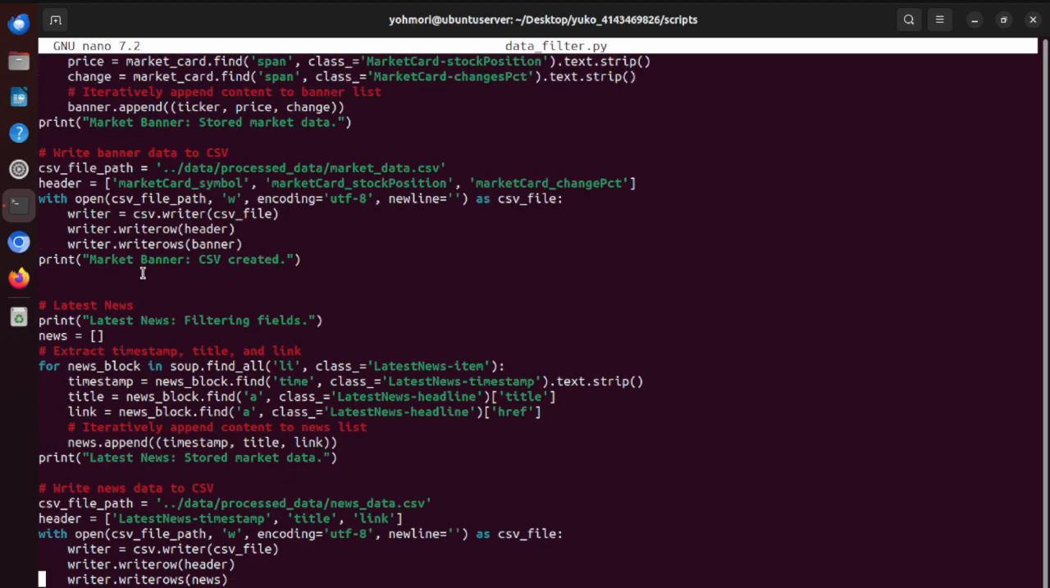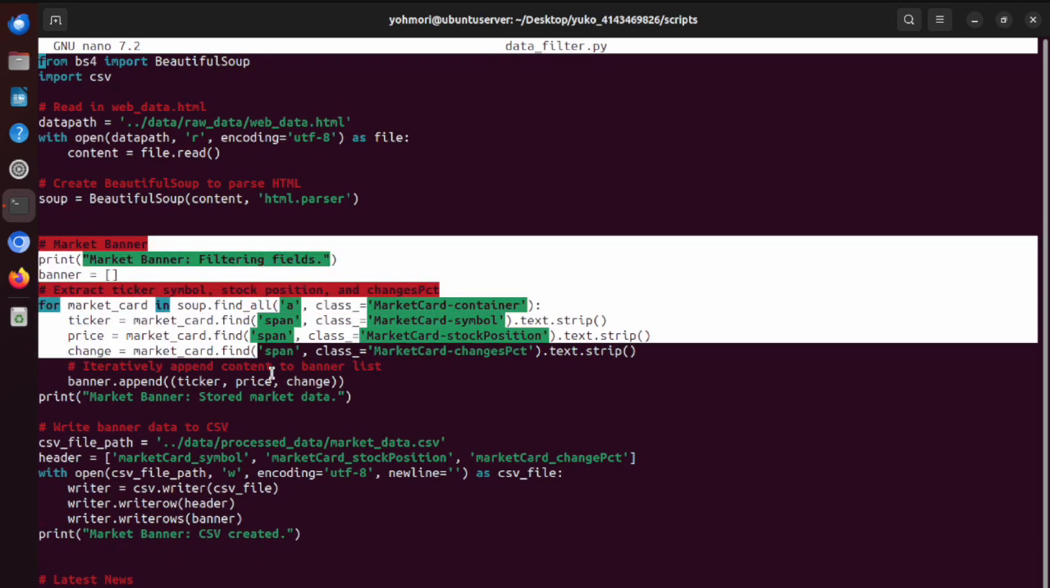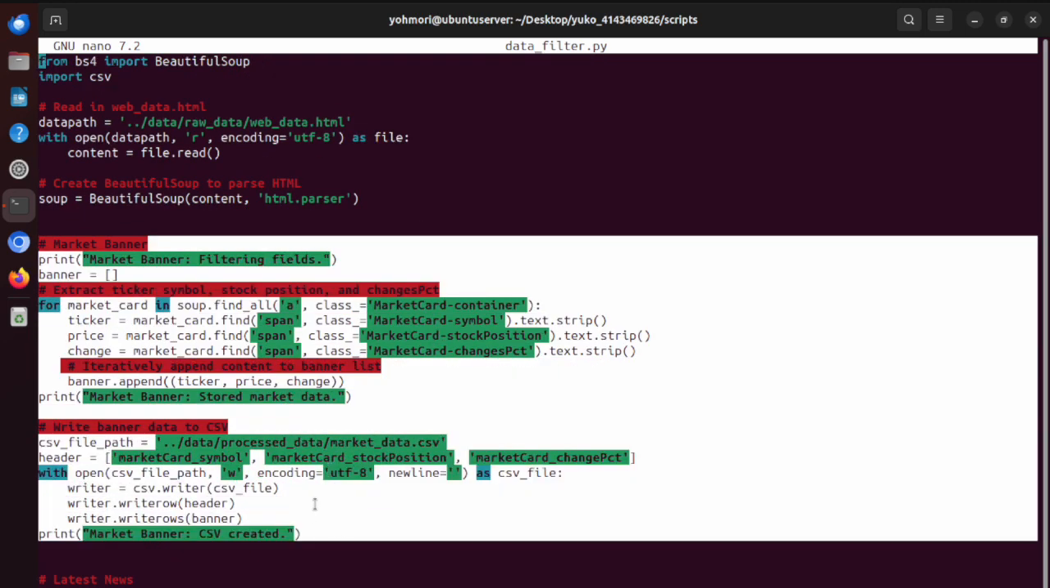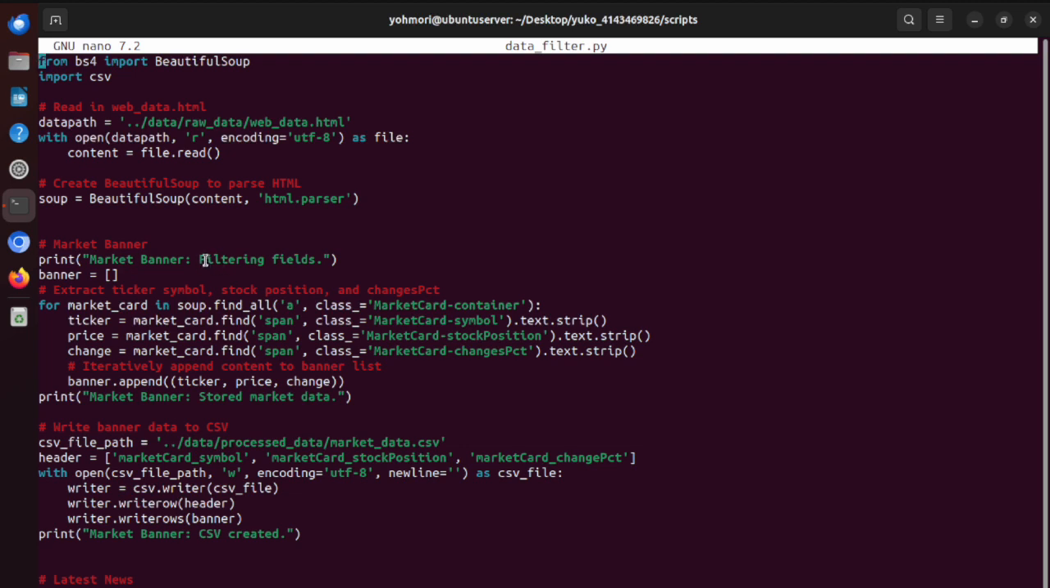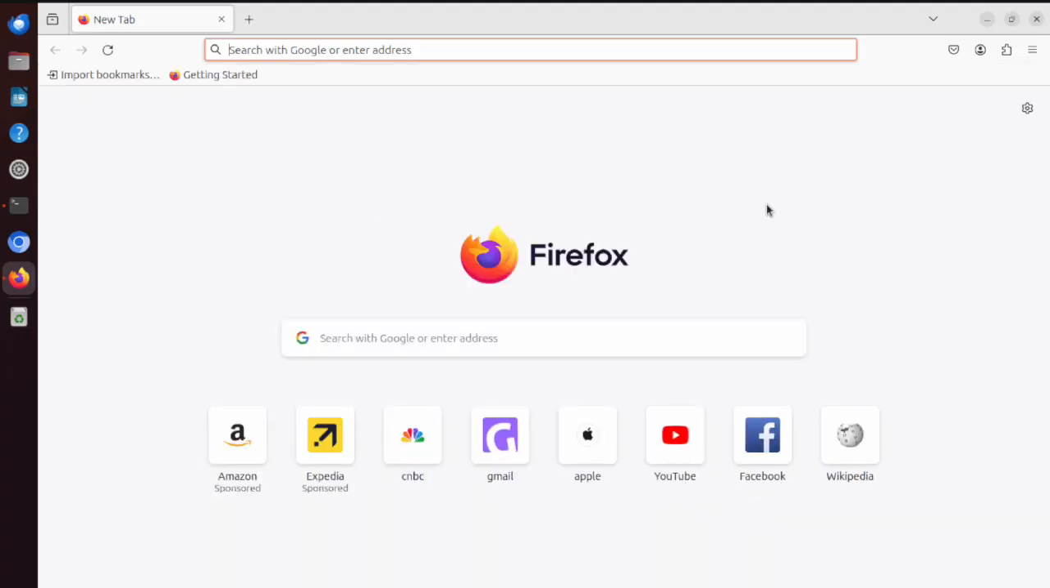Then I'll first go over the market banner. So for market banner, the homework wants us to get the market card symbol, the stock position, and the changes in the percentage of the stock. And to do that, I had to figure out which class to iterate through. So I chose market card dash container. The reason why I chose that